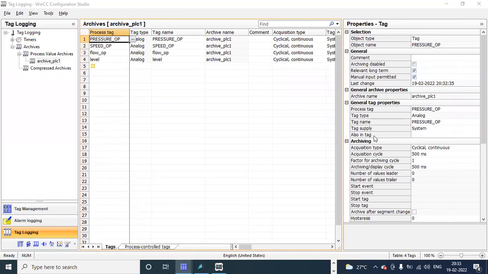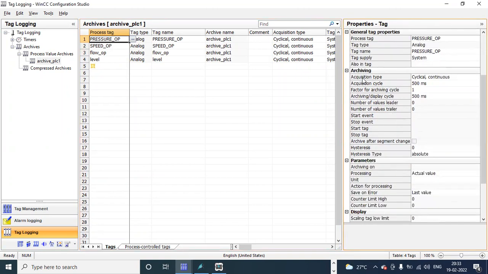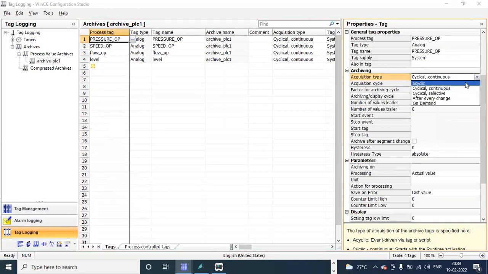Here you can see archiving, where we have acquisition cycle and acquisition type. In acquisition type, we have cyclical continuous. When you expand this, we have acyclic, cyclical selective, after every change, that is upon change, or on demand. There is your event control. For the first example, I give cyclical continuous.